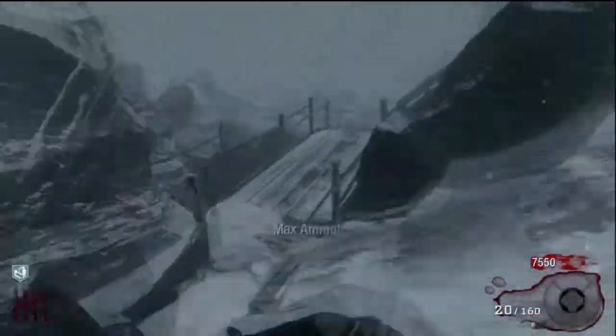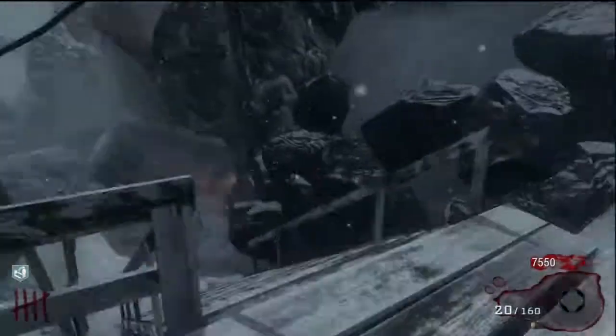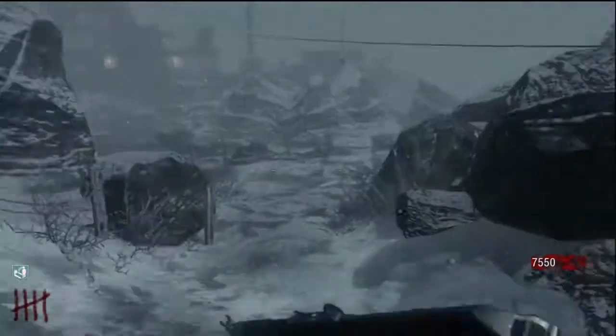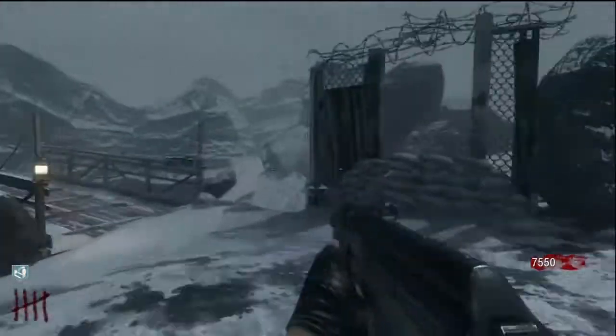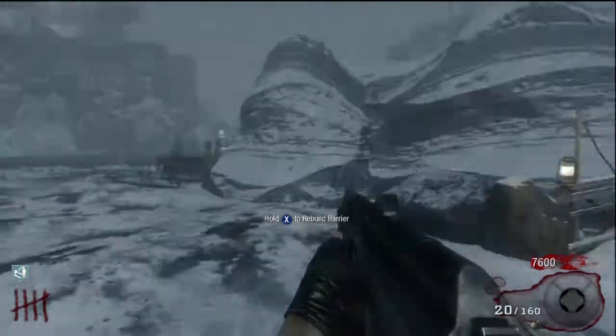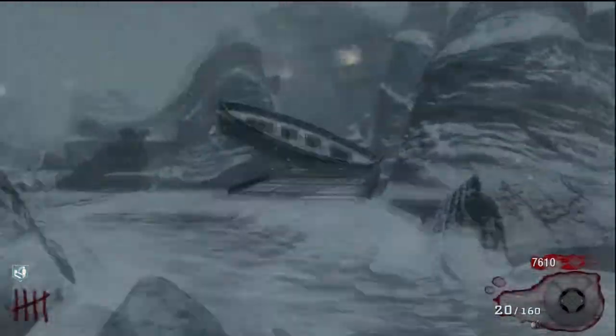I could have done that early on, but I just wanted to maximize some points, and right there at the end I get a nice max ammo. You're going to get tons of drops. Playing solo, it just seems like they really come at you pretty nice. Alright, now I've got 7,500, so I have enough points to open up power and get Juggernog, and it's only round 5. So I'm boarding up a window to get a little bit more points,